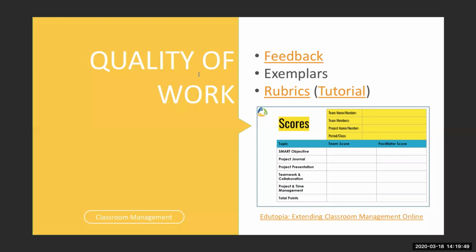Rubrics is something else that you will want to potentially set up, depending on how you're assessing your students. If you're doing project-based learning, then you'll want to use rubrics. I added a little screenshot of the rubric that we use with our students in Smart Labs. It really focuses on those big essential skills of developing a project plan, documenting your work, presenting, and all those other components. Our students self-assess, and then the teacher also assesses them, and they have a conversation about what that looks like.